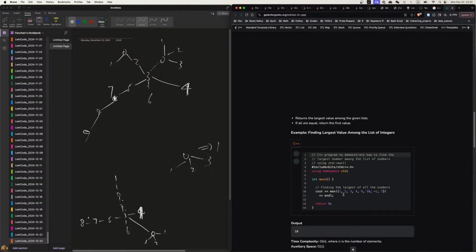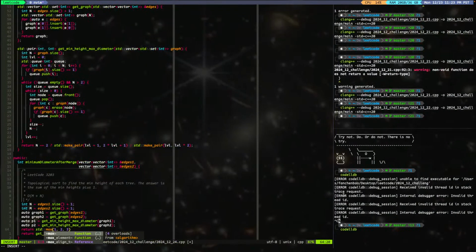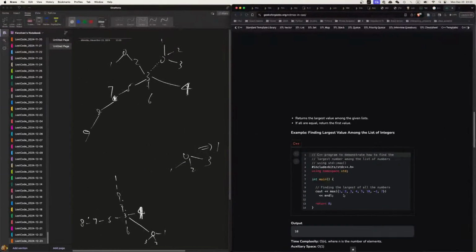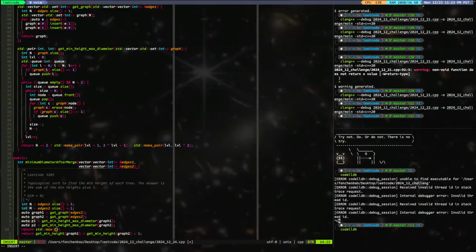Oh, I can do this. So I can do max of p1 dot second, p2 dot second, p1 dot first plus p2 dot first plus